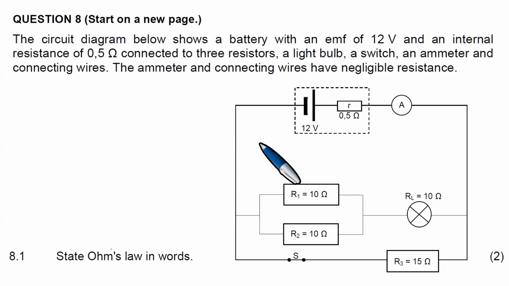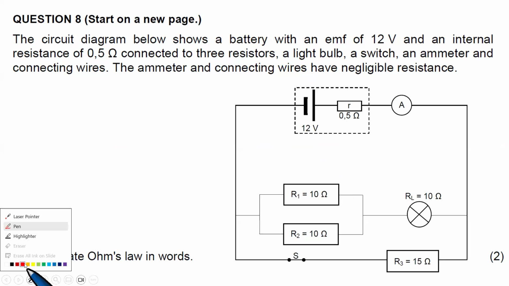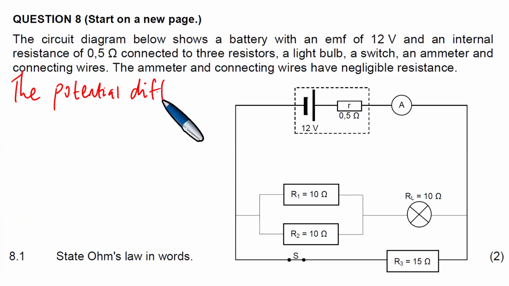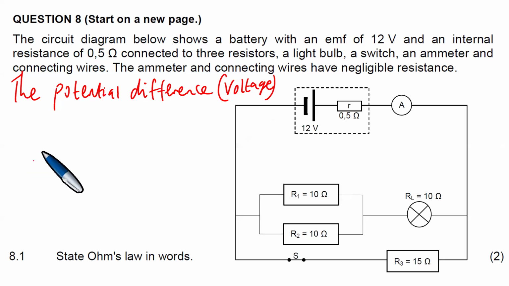Yes, you must include the light bulb because the light bulb is a resistor. When you do the calculations, you need to include the light bulb because the light bulb is a resistor. Okay, so here we then say the potential difference, voltage, across a conductor